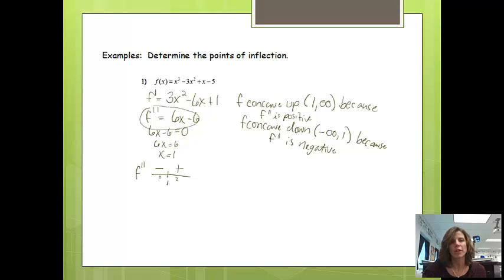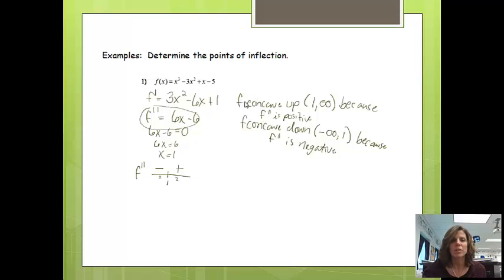All right, so we're going to jump right into determining points of inflection. Points of inflection are basically the points at which the concavity is changing. So if something is changing from concave up to concave down, that point would actually be a point of inflection. To find points of inflection, it's very similar to how we found the concavity of a function. We're basically just going to be looking at the concavity, and if the concavity changes,